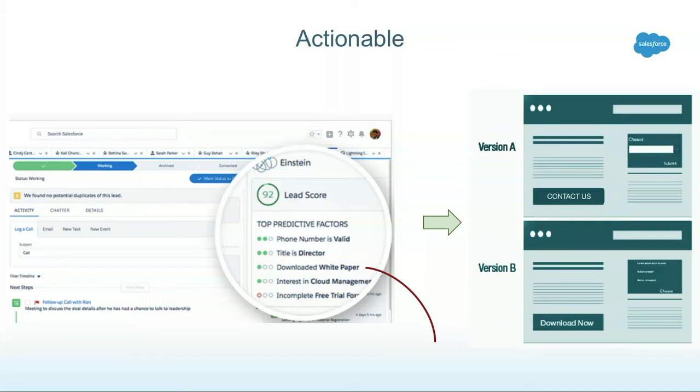But I want to throw a word of caution here that this is merely based upon correlation, and correlation does not imply causation. However, you can still make it actionable. You can devise a meaningful hypothesis that downloading a white paper indeed helps with a higher conversion. And then you can devise something like an A/B test, where you test version A versus version B, which is downloading a white paper versus your default CTA, and prove if there is indeed a causal relationship between downloading a white paper and you having a higher conversion.